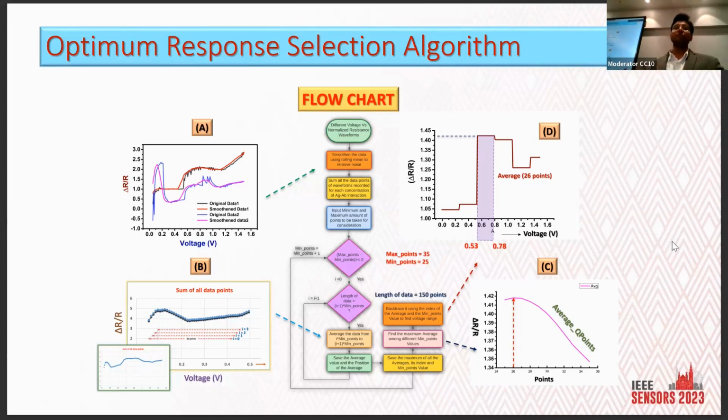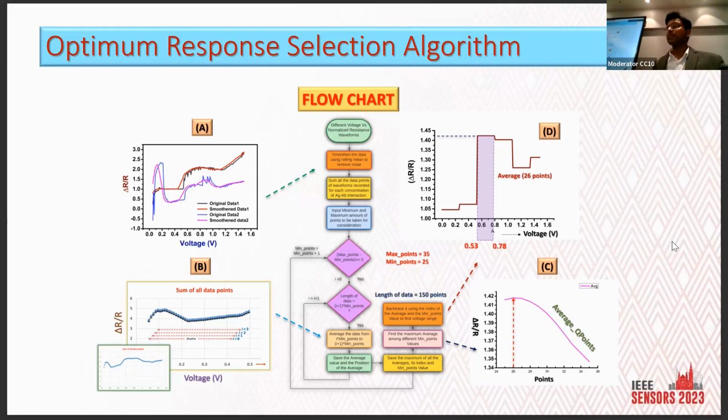It will start from 25. It will first take 25 points, then 26 points, then 27 points. Like this, it will go up to 35 points, and it will check for what number of points we have the optimum response. And then it backtraces at what voltage it was giving the optimum response. In this case, you can see that for the 26 points scan, we get the highest optimum response, which is between 1.41 and 1.42. And then we backtrace the voltage, and we found that between 0.53 to 0.78 volt, we